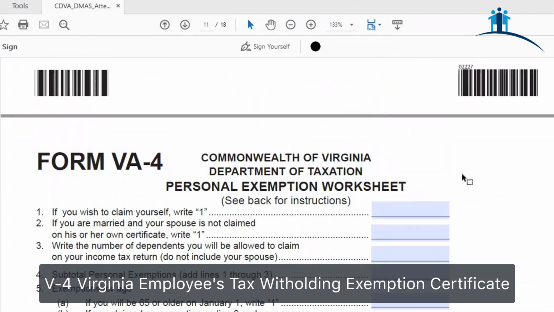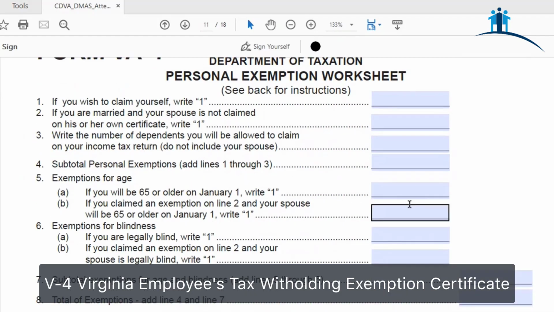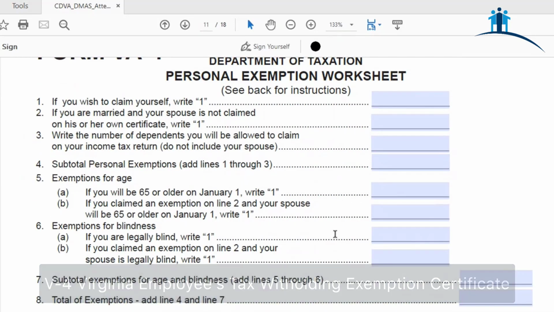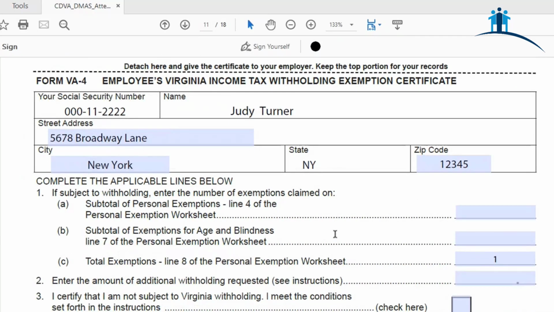So the next tax form we'll get to is the VA-4. So really the top sheet is for your reference. It's the worksheet. What we really need is the bottom half. Kind of the same thing with the W-4. We will need the social security number of the caregiver. We'll need the name, the street address,